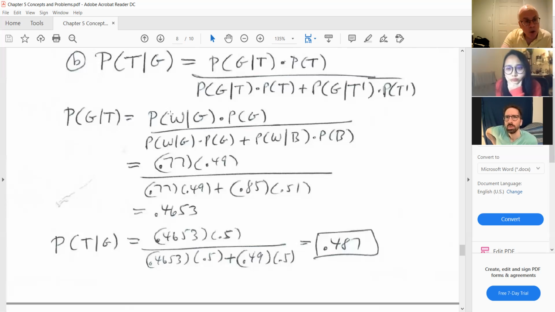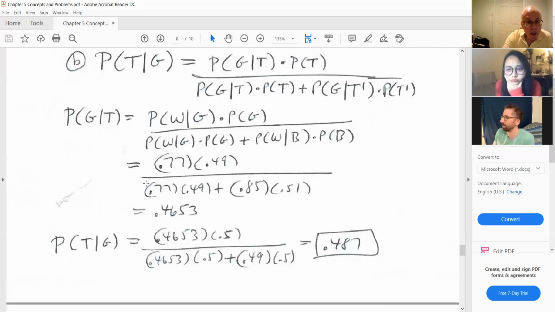Well, the numerator would be the probability that you have a girl and the child is in the treatment group. Okay? And that's the same thing as saying, I don't know if I did, well, I don't know. I thought this through. I thought I got this correct. The answer that I came up with was,